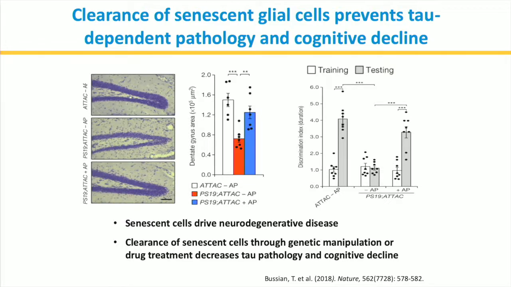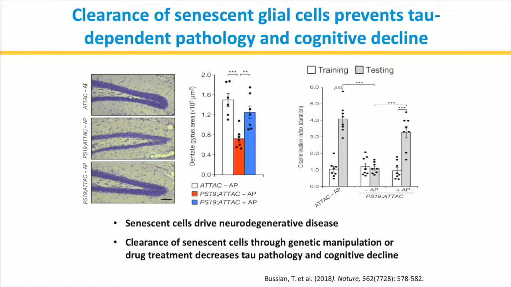In this case, the treatment was targeted, once again using the same genetic trick, at a neurodegenerative model in which there's a tau pathology that results in a decrease in the dentate gyrus of the brain, shown here, an area very important for memory. You can see again in the bar graph, with pictures on the left to go with it, the size of the dentate gyrus area in white in a normal animal, and the animal that is transduced with a gene so that it now has a tau pathology, similar to what happens in Alzheimer's disease in the brain. The red shows the decrease in the dentate gyrus,